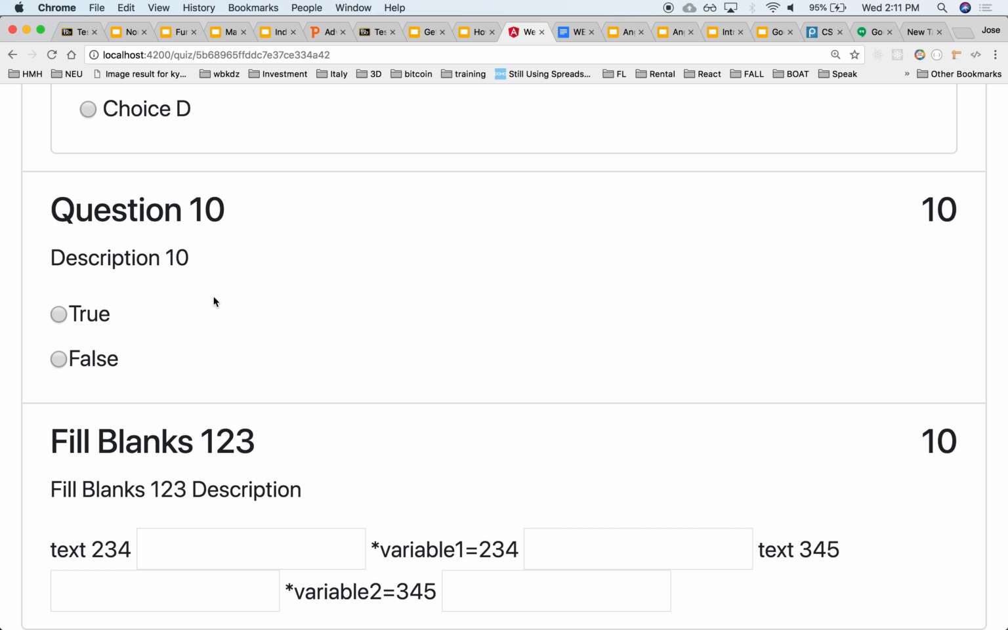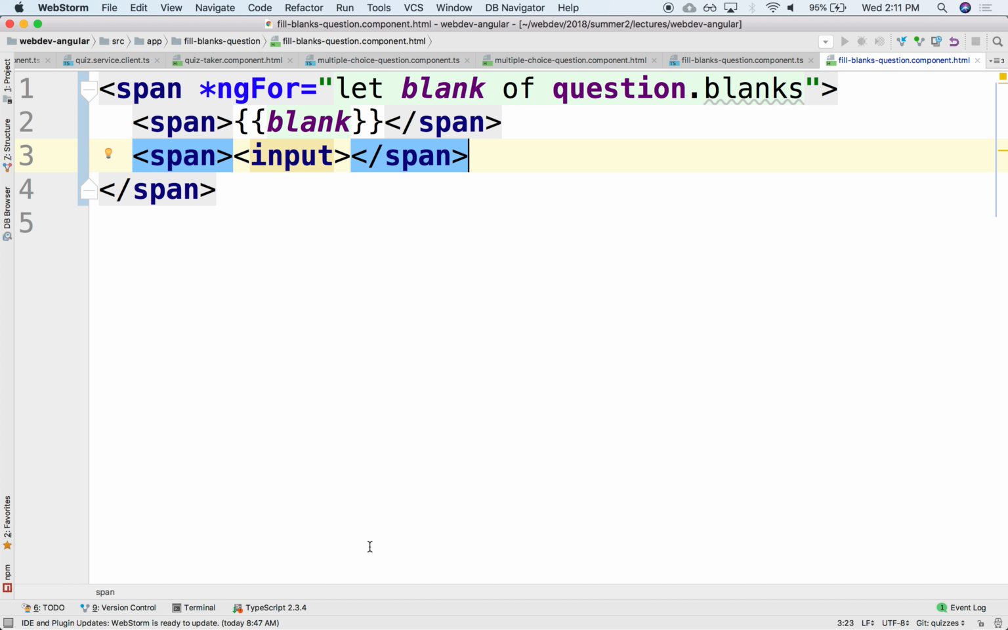Right now, notice that we are rendering both. We're rendering the text and the input field, the text and the input field. We need to be able to say, well, one or the other, and that's going to be driven based on whether it starts with an asterisk or not, right? So what we could do is